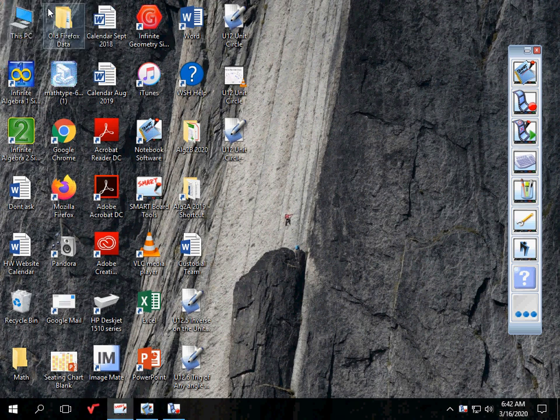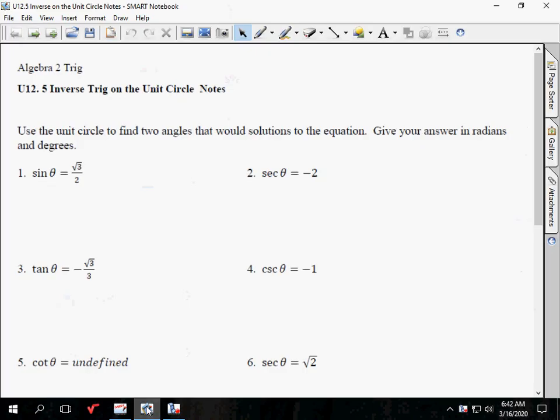All right, Algebra 2 Trig. We're going to start looking at how to use the unit circle. So let me bring up the lesson here. This is lesson 5, inverse trig on the unit circle. All right, so have a unit circle filled out. I think there's one on my website that you can refer to, but you should have one already filled out